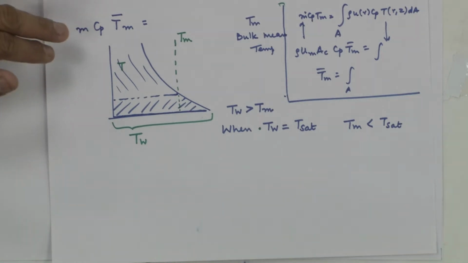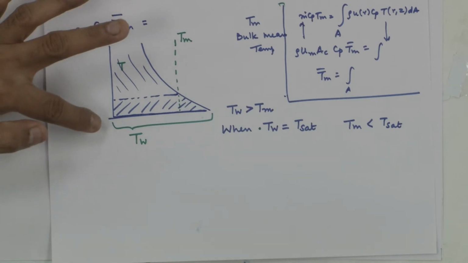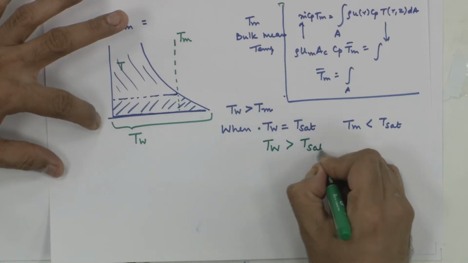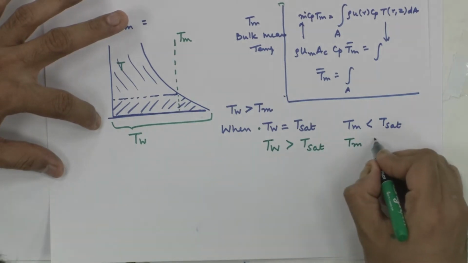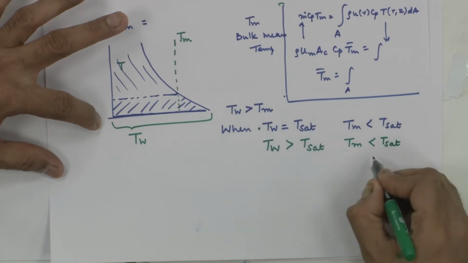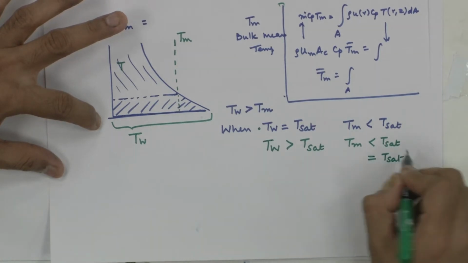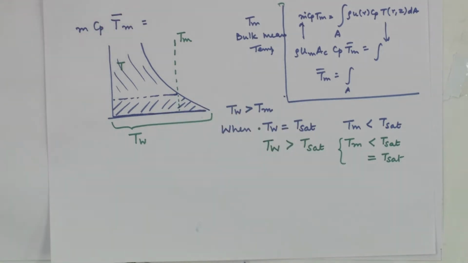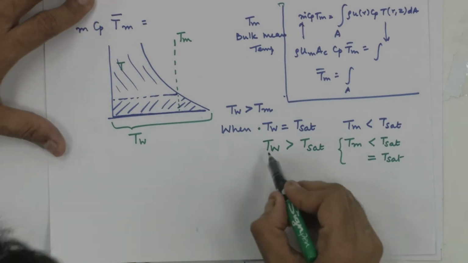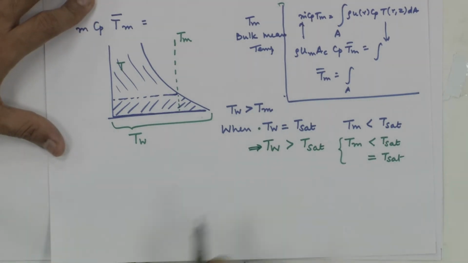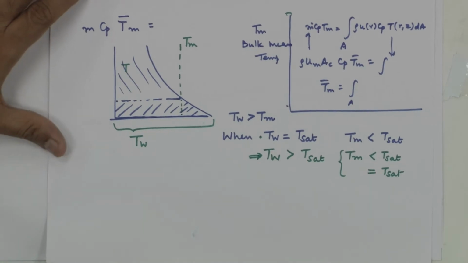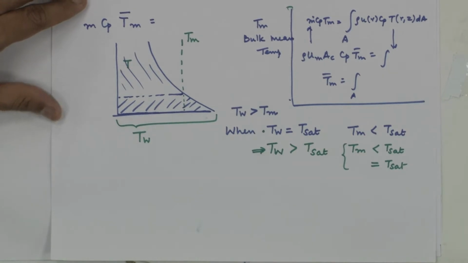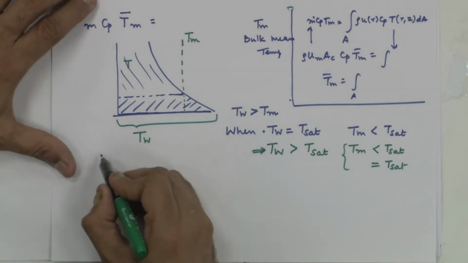Boiling will happen when I have a wall temperature T wall greater than T sat. T bulk mean may be less than T sat or equal to T sat, I do not know, because if this wall temperature becomes 110, obviously T bulk mean could be saturation temperature. All I am interested in is this inequality. When T wall becomes greater than T sat, I have to start being concerned about whether boiling is going to happen or not. For a given surface